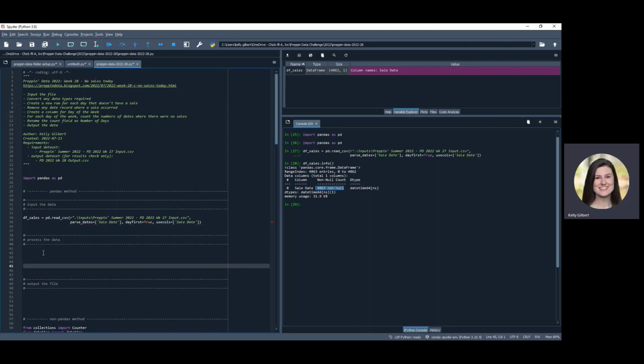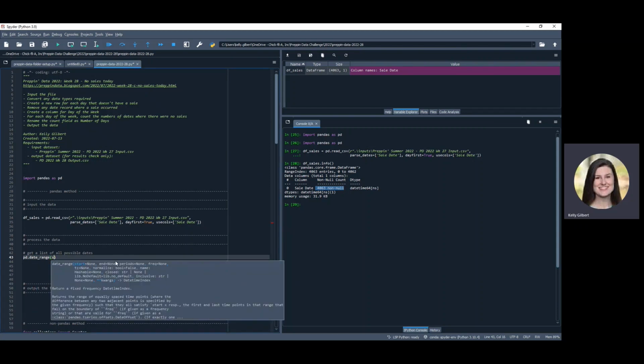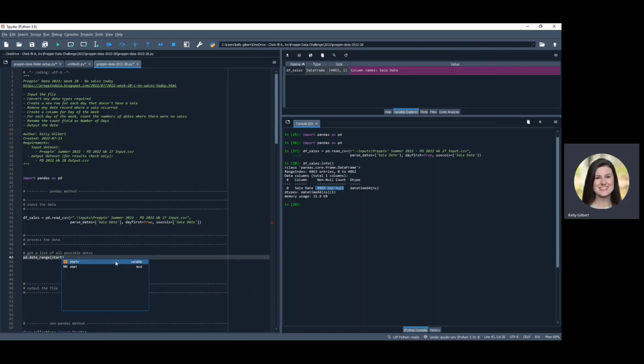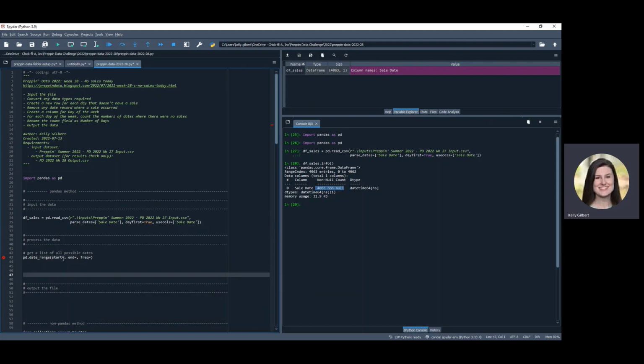All right, so now we need to process the data. So first of all, we need to get a list of all the possible dates. This is very similar to our generate rows tool in Alteryx. So pandas has a handy method called date_range. So I'm going to use pd.date_range. And so we need to give it a starting point, an ending point, and a frequency. And there are lots of other parameters we can use, but these are the ones we're going to use for